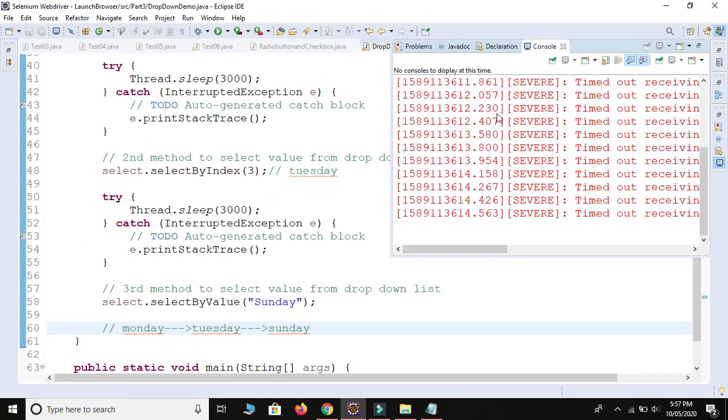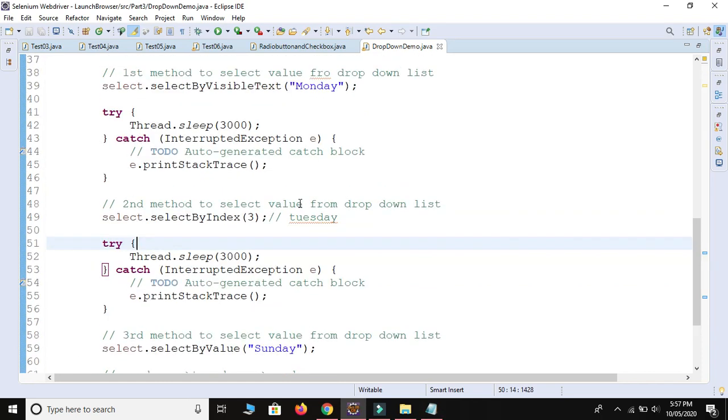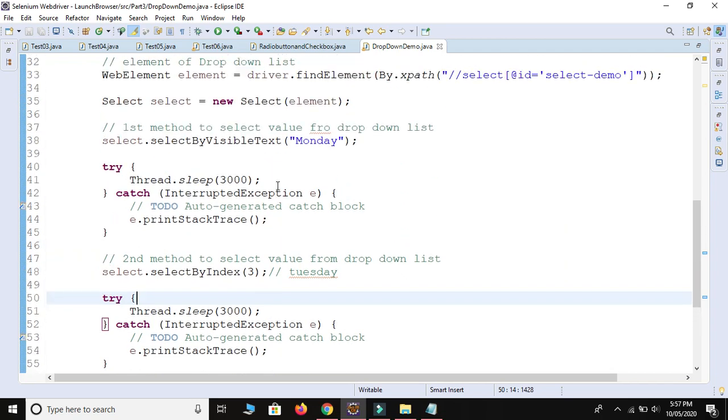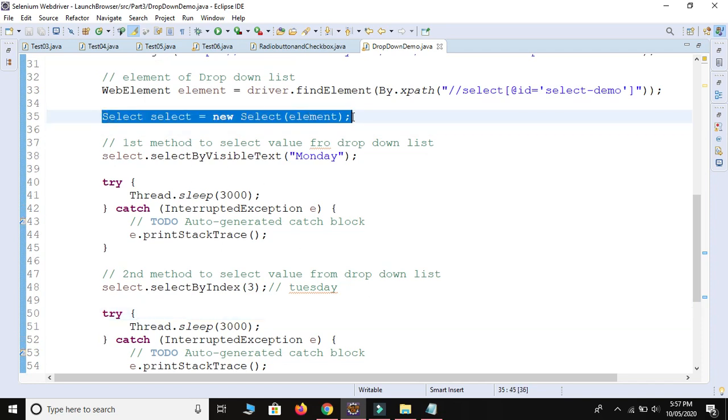Okay guys, so the aim of this video is mostly done. We are going to find our parent element and then select some sub values from the drop down. I hope you get some idea from this video. To handle any drop down in Selenium, you need to take help from the Select class which comes from Selenium.